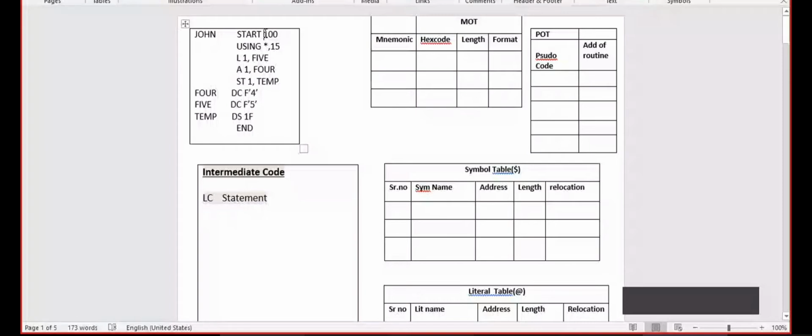If nothing is specified, in that case, we can say the location counter starting address should be 0. So I am writing 100 below the location counter.